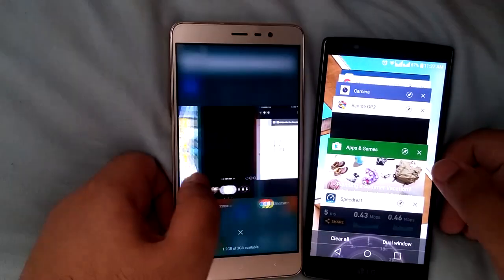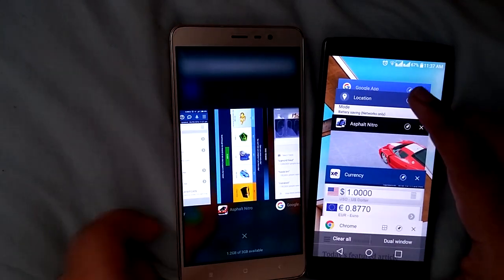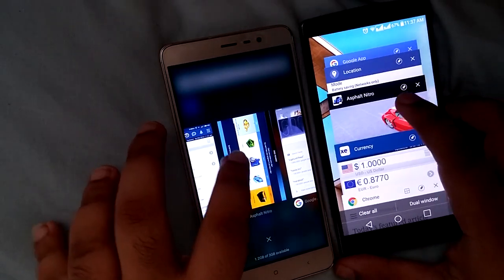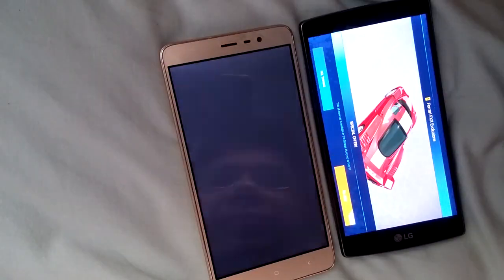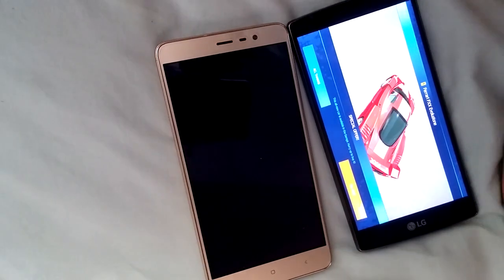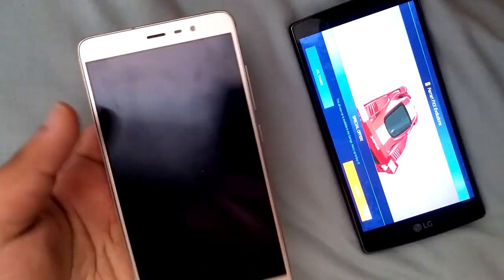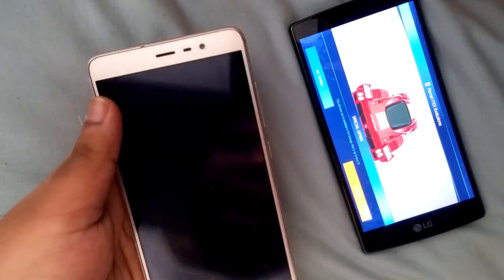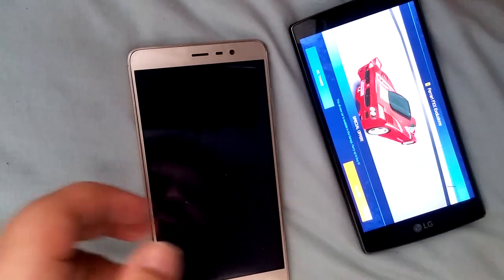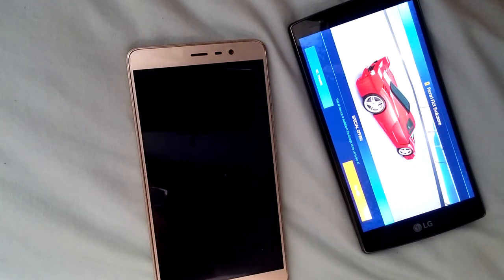Check the RAM management. We've opened Asphalt Nitro. Let's see if it's still there in the memory. I don't think it's there in the Redmi Note 3, but let's check. And here you go. The Redmi Note 3 may be smoother than the LG G4, but it does have a major... What happened here? It's malfunctioning. I don't know why the game is malfunctioning, but there's a serious problem with the RAM management of